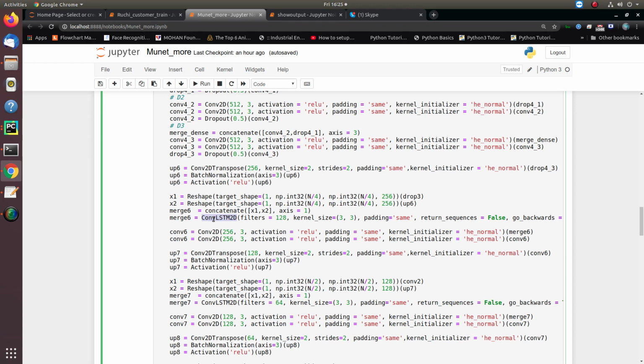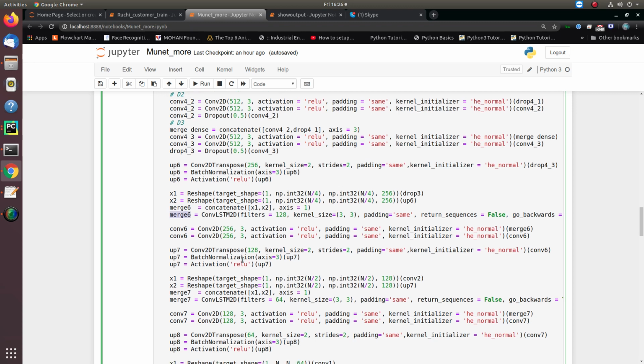It is the same as LSTM, only instead of the dot product it multiplies the input with the convolution, making more useful features as its output.